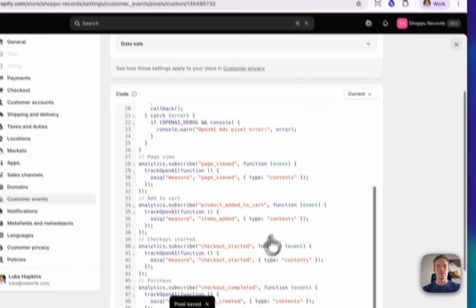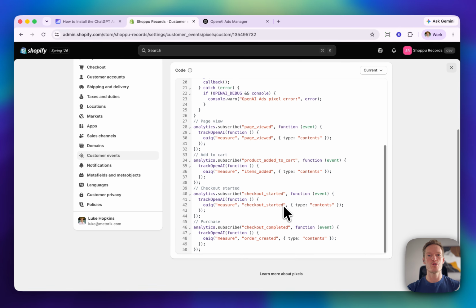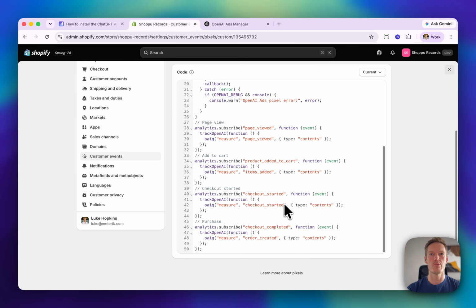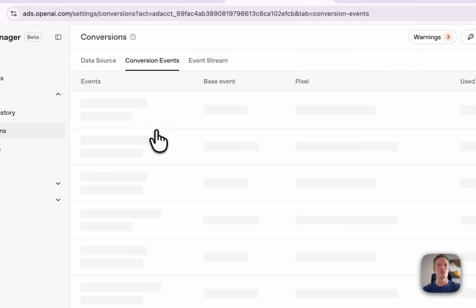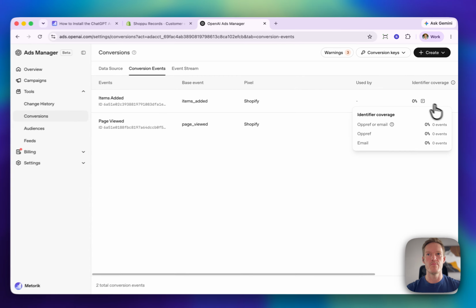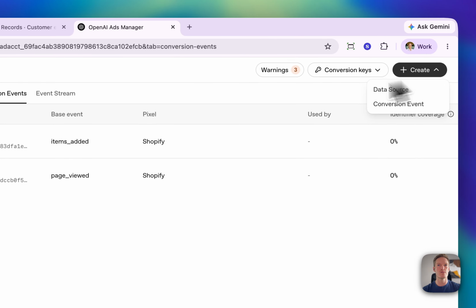Now, what we also need to do is set up these 4 events. You could just track the purchase, but it's generally a good idea to have a bit more funnel information. So we're going to track a page view, product added to cart, and then also the checkout started, as well as then the conversion. So over in ChatGPT Ads, we'll go to conversion events. You can see I've already created a couple here, so we'll just add the missing ones for,